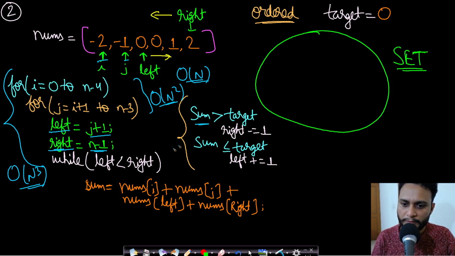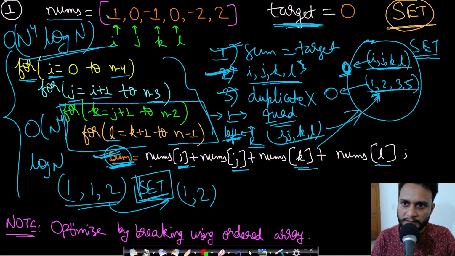So if some value which you have found inside all these three loops happens to be greater than target, then obviously your array was ordered in ascending order. We will assume that we ordered it in ascending order. We will sort it. In the previous case as well, we will sort the array. This was unsorted, but after sorting we can maintain order.